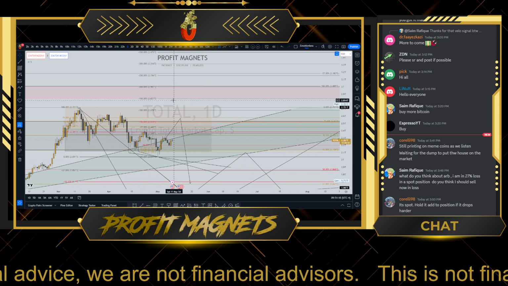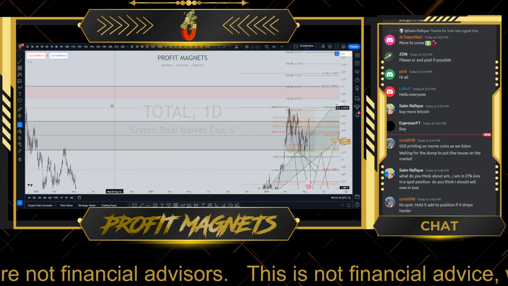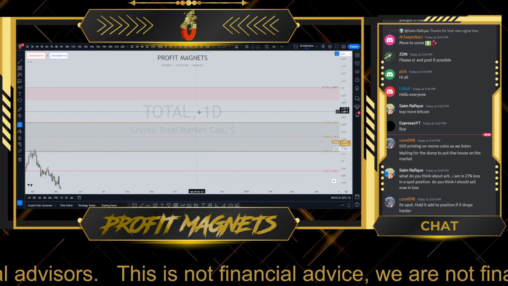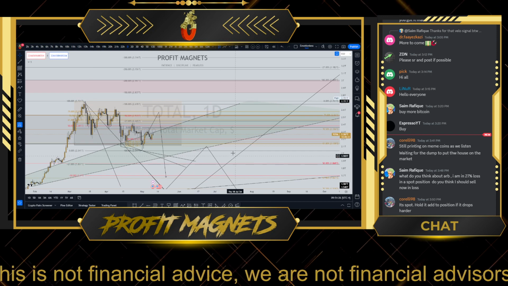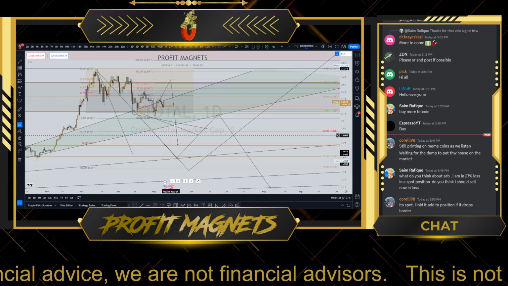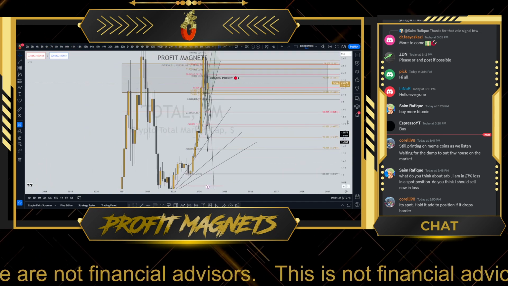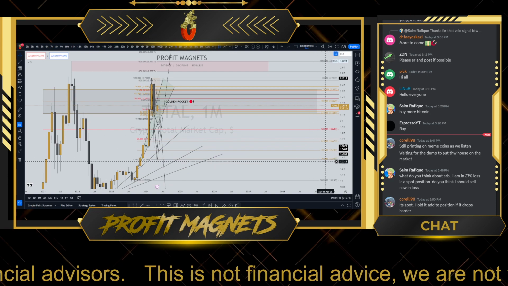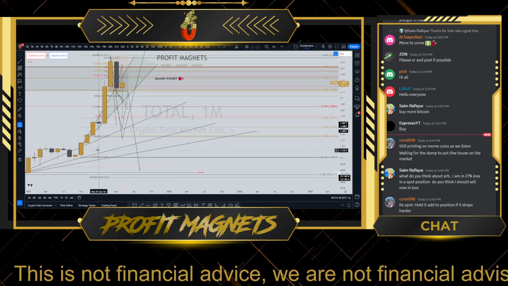So either we take out the highs of this range and find resistance here at the previous highs and then continue lower. The same way, because we have a bearish Fibonacci that we still have to consider, we could just drive to around this area and continue lower to our main Fibonacci. The main Fibonacci, guys, wake up, have a look, will take us back to 1.66 trillion to 1.37 trillion. It also aligns with multiple trend lines which we have right now.